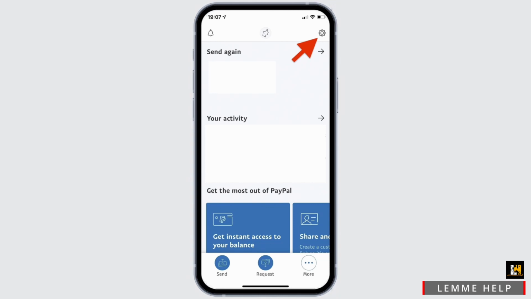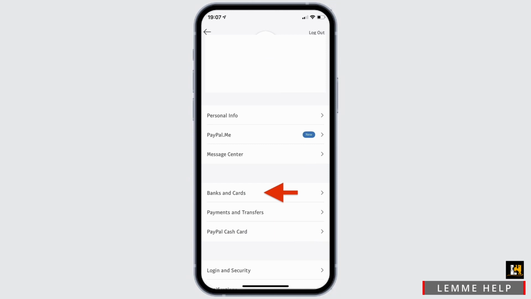Once the application is downloaded, go ahead and open the application and make sure to log in. Once you are logged in, you have to tap on the setting icon at the top of the screen. If you have the latest version, at the bottom near the request, you will see a wallet option. You have to tap on it. Then you have to select the option of bank and cards in order to link your card or a bank